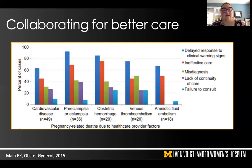But there was a recent study looking at logistics and healthcare systems-based contributors to morbidity and mortality. It identified delayed response to clinical warning signs as a major risk factor for most serious conditions, but notably in cardiovascular disease, that was the leading contributor from a systems standpoint as a cause of pregnancy-related death. So we'll be focusing a lot of this presentation on warning signs, how we can recognize them, and how we